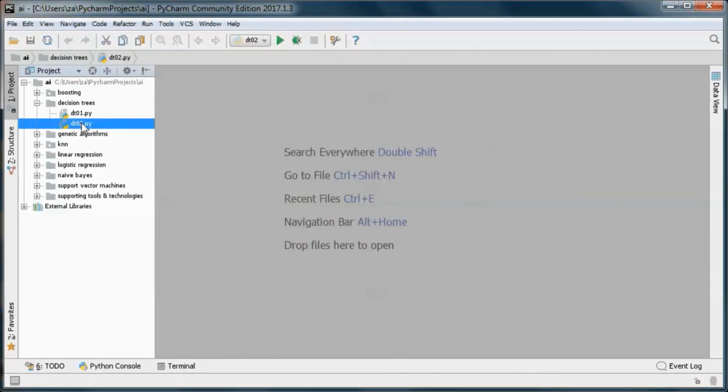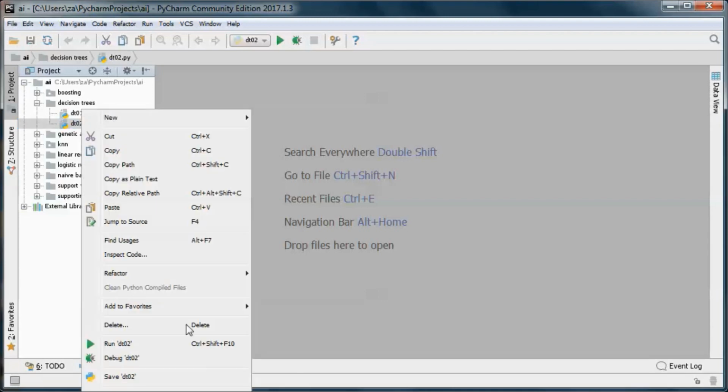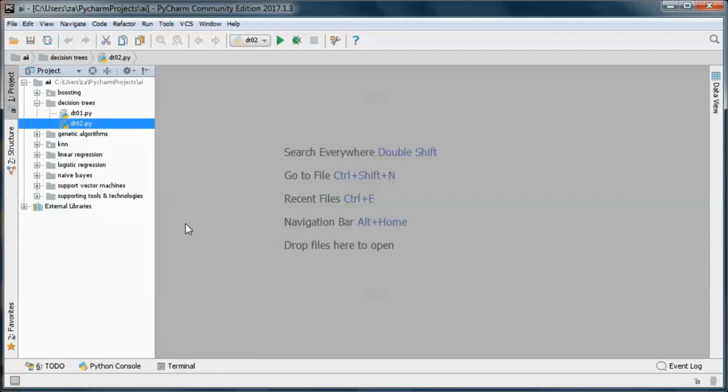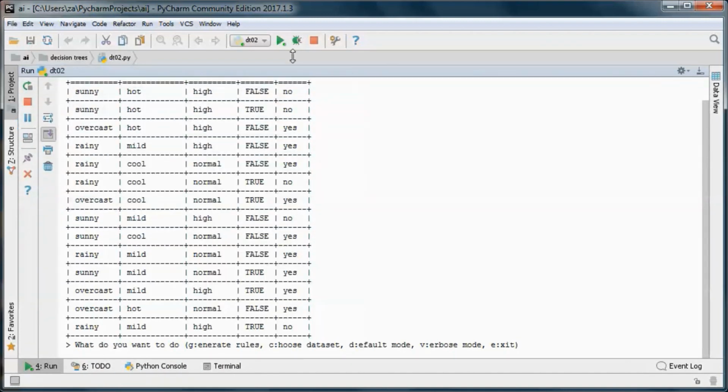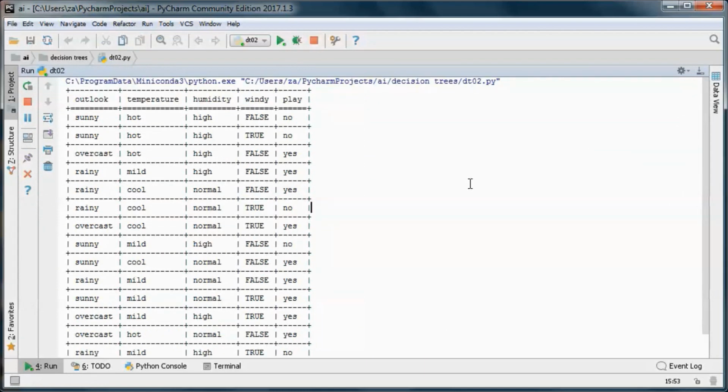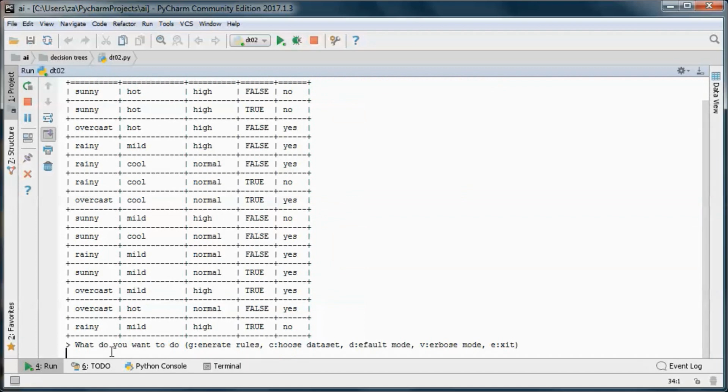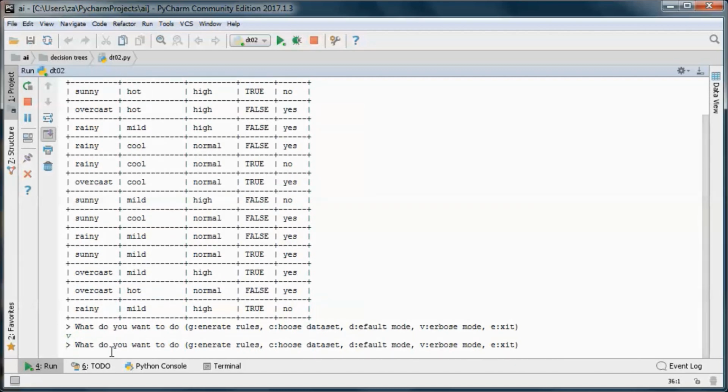Here we have a pre-built version of the application. So if we go ahead and run it, and I have the weather dataset set as default, and let's run in verbose mode so that we can see all the calculations.